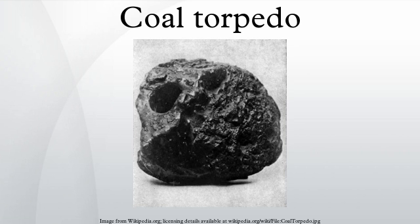Although the Union blockade and other forms of military shipping were Courtney's primary targets, he also had plans to use the coal torpedo to attack steam locomotives, although no confirmed attacks are known to have been made. On March 19, 1864, a Union gunboat captured a rebel courier crossing the Mississippi, carrying a letter from Courtney describing the coal torpedo. The correspondence was forwarded to Admiral David Porter, who immediately issued his General Order 184, which began,